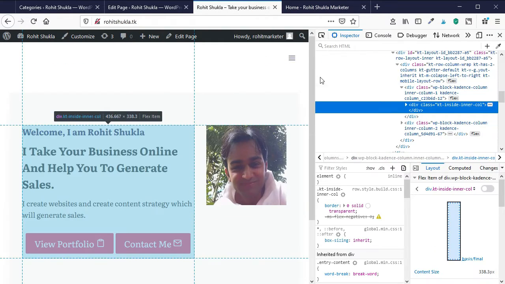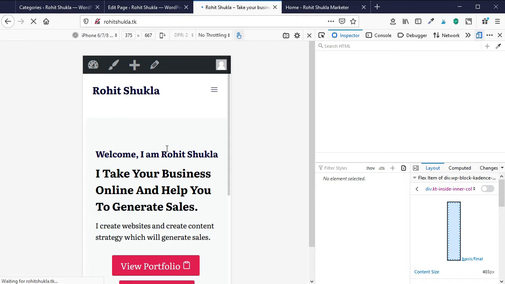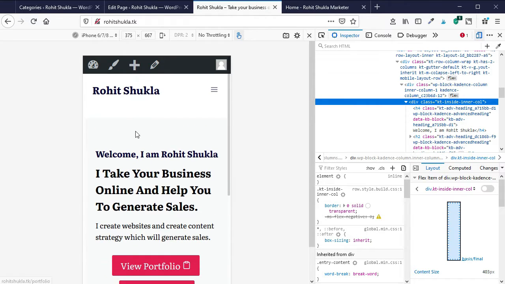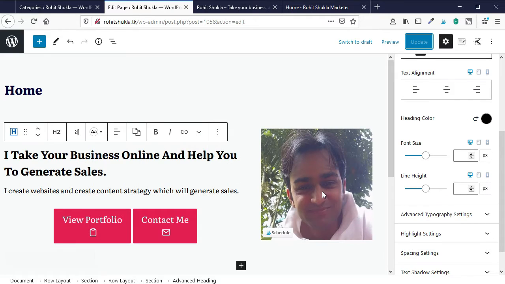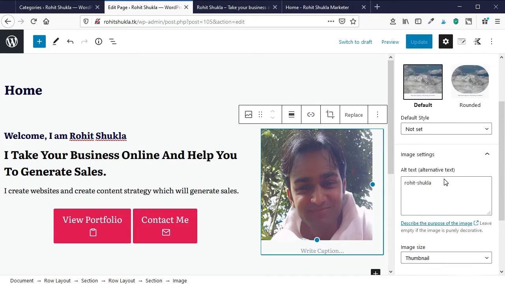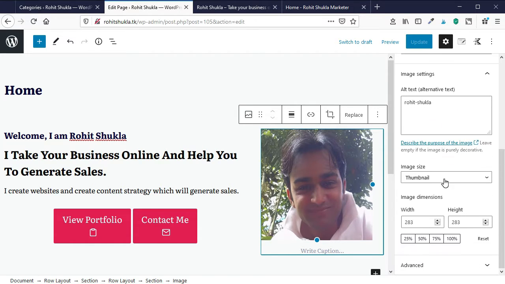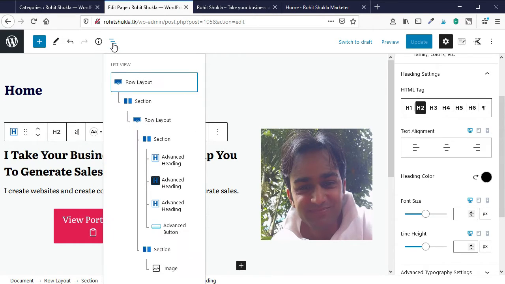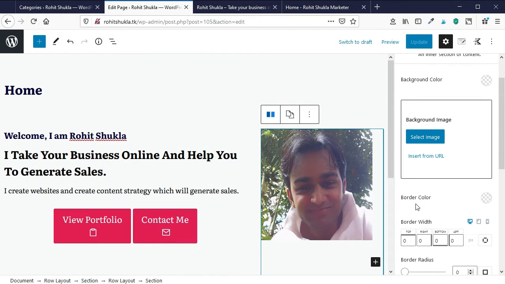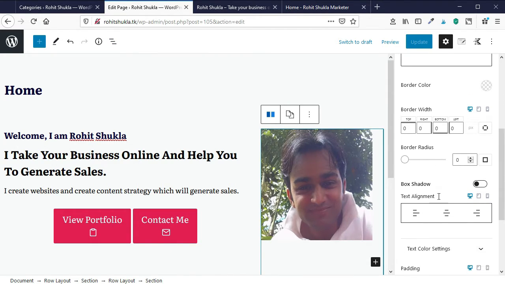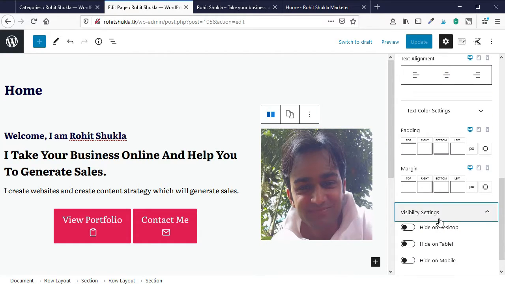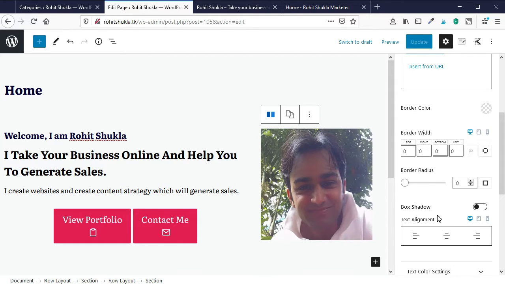So now we will look at how this website is looking on mobile. On mobile the text area is above and the image is on the lower side, but we don't want it that way. We want our image on top and our text and buttons below it. For that, you can see the hierarchy, we have added so many sections and text here. So I have to place this image on top of that. So I am searching where this option is available.